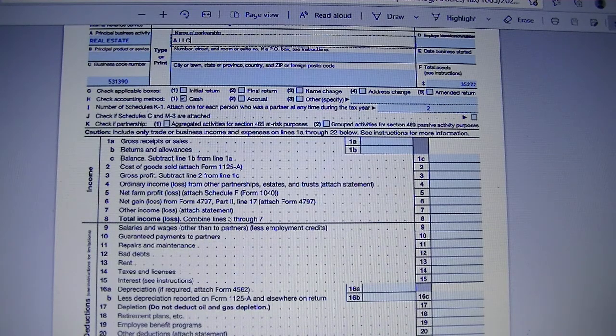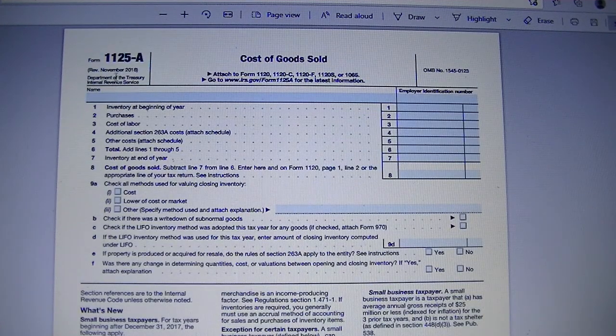So this information, revenues and expenses from trade and business activities, will go on page 1. If you have a physical product that you sell, you will need Form 1125-A to calculate the cost of goods sold. Looking at Form 1125-A, you'll have the inventory at the beginning of 2020, purchases during 2020, and cost of labor, if